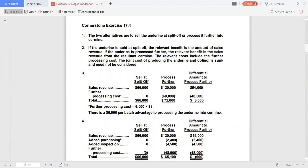If the anderine will be sold at split off, you'll earn revenue at 11 per gallon. So that will involve 66,000. If you are going to process further, you can sell the sermine at 60 and you have 6,000 gallons of anderine divided by 3, meaning you can produce 2,000 gallons of sermine and then you are going to sell it at 60. That's why you have the sales revenue. If you process further, you will produce sermine and you will sell this sermine at 120,000. In other words, there's a differential of